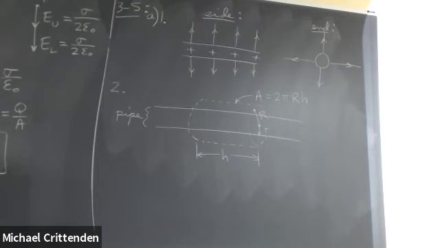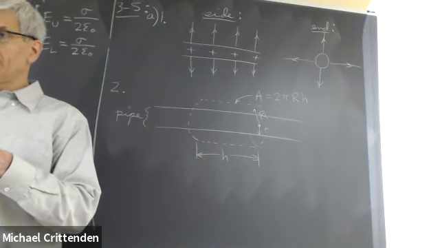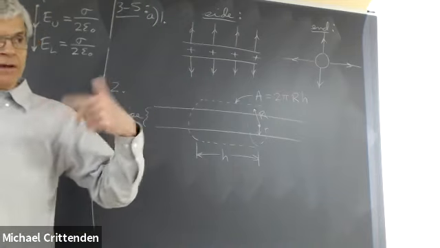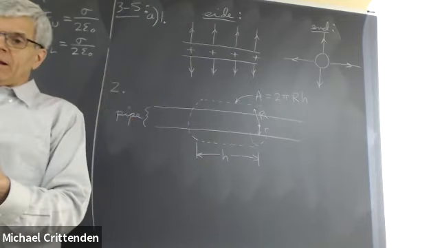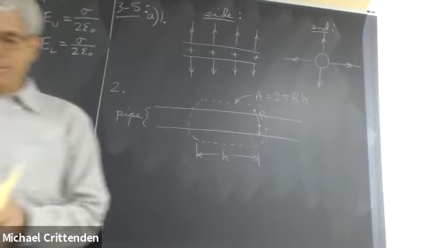Surface area of a cylinder, not counting the ends, is the circumference of the base. Think about it. If you had a tin can, like had corn or green beans in it, you've cut both the ends off, okay? If you take a pair of tin snips and